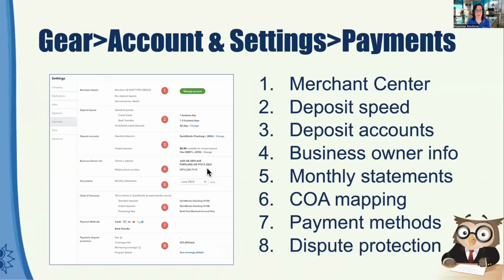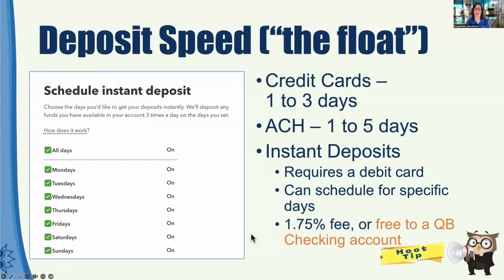Now, instant deposit. Right here. Let me actually go to the next slide and talk about instant deposit. So we already saw that credit cards are hypothetically 1 day and ACH is 1 to 5 days. But you do have the ability to turn on instant deposits. And when you do that, you have to use a debit card in order to get the deposit speed up. And what it basically does is it pays to your debit card as the intermediate so that they don't get caught short if something happens. What's cool about this is you can schedule it for specific days. I don't know why you wouldn't just put it on every single day, but it does cost an extra